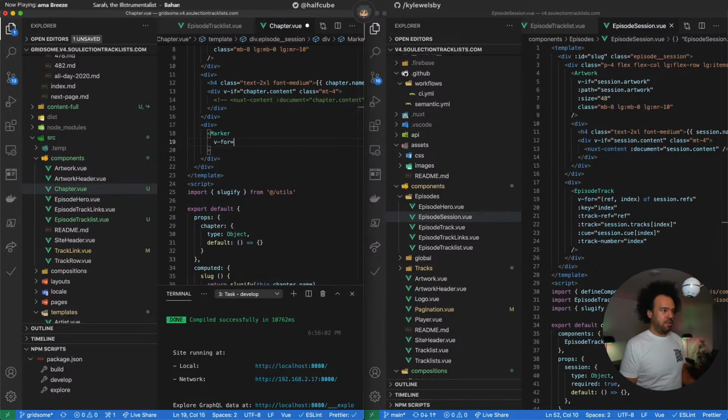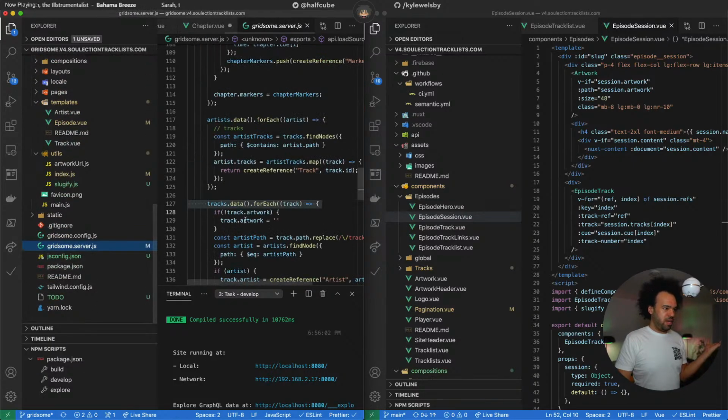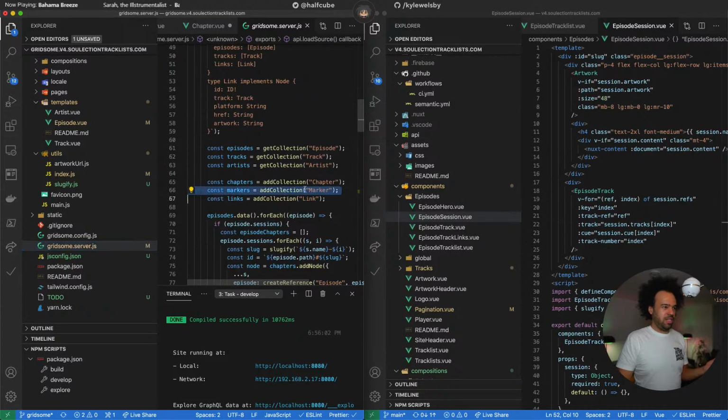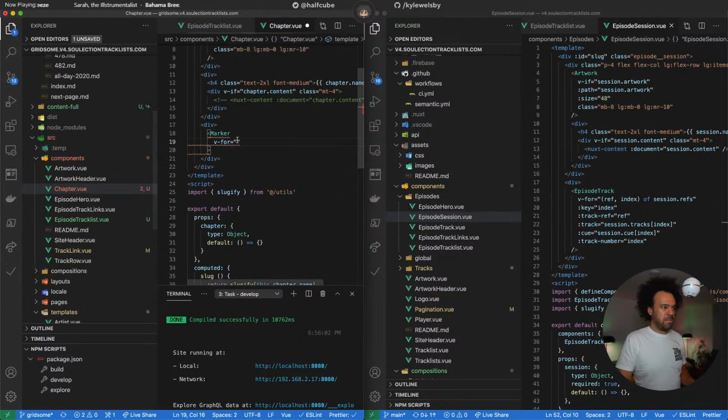And a V for, and that's going to have to be a full kind of cognitive rewrite, because each marker is its own piece of content, I think. And let's jump on over to our server and see. I'm pretty sure, yes, I added a collection of markers. So marker of chapter markers,